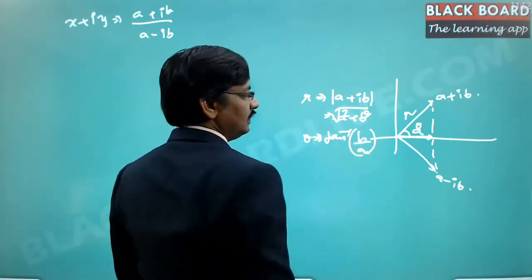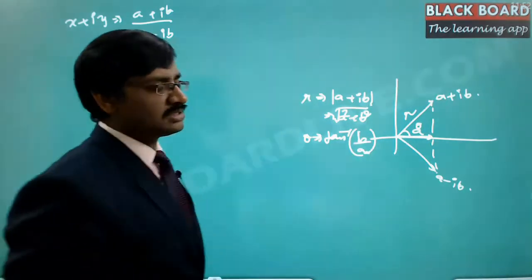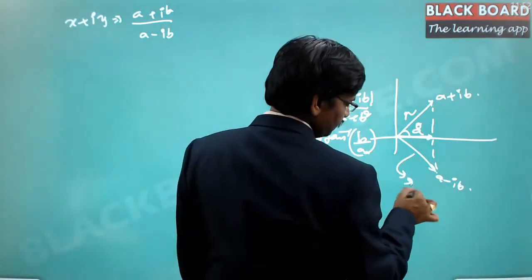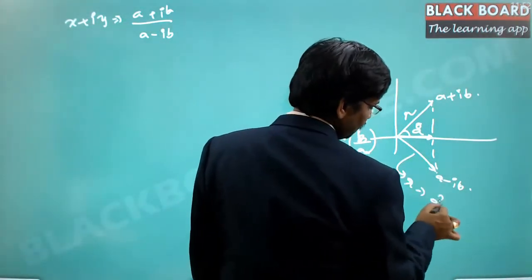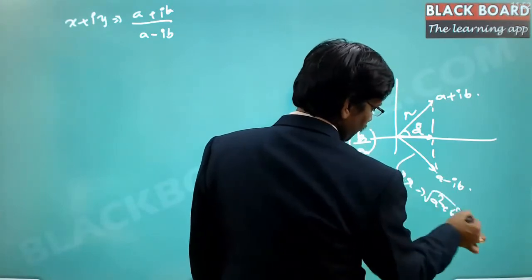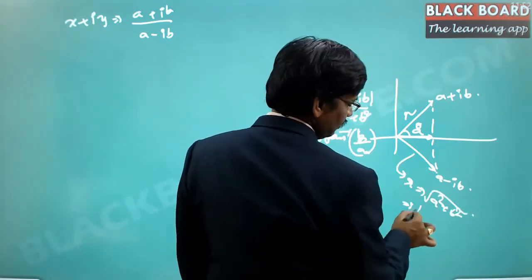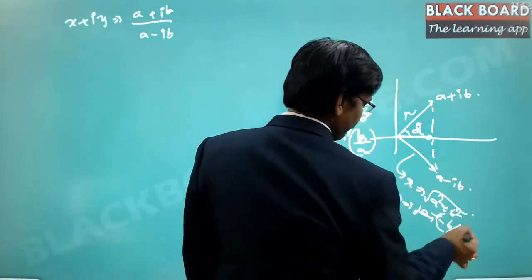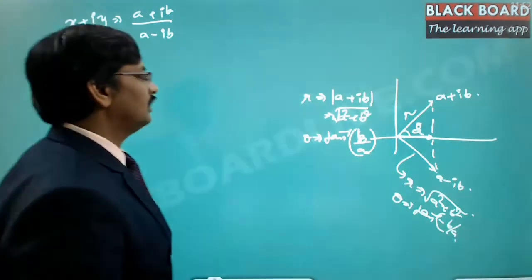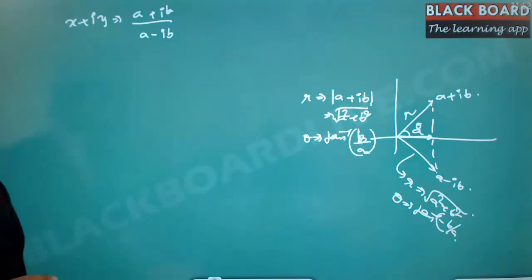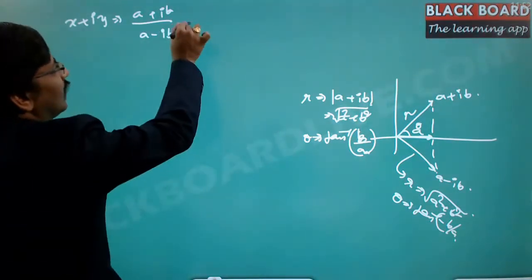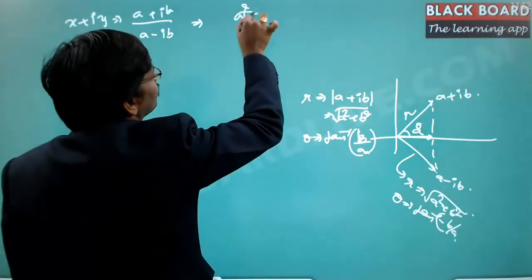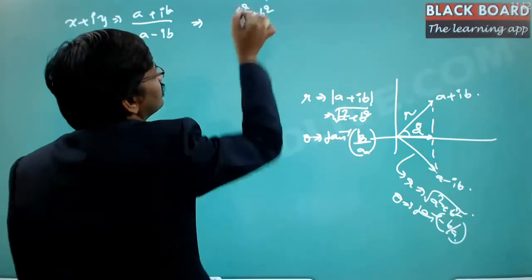Then the second complex number, a minus ib: its modulus, the r value, is still going to be the square root of a square plus b square, but the angle theta is equal to tan inverse of minus b by a. So, if you put these values in the polar form, the same number, this is going to be the square root of a square plus b square in the numerator.